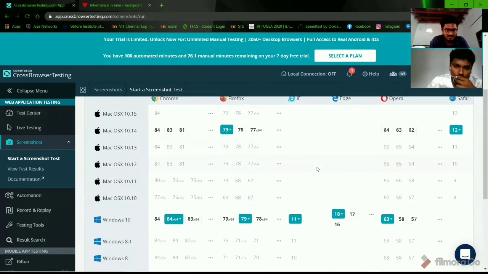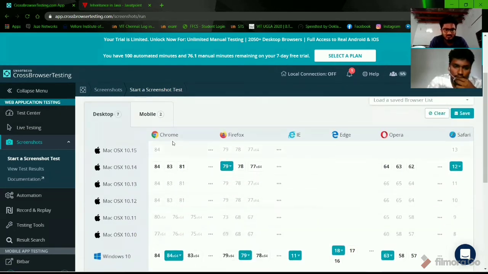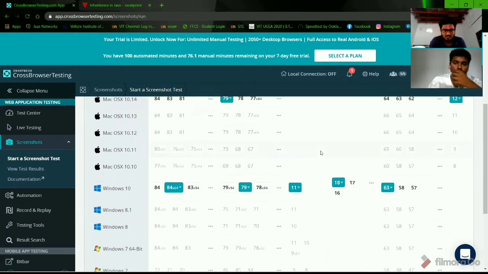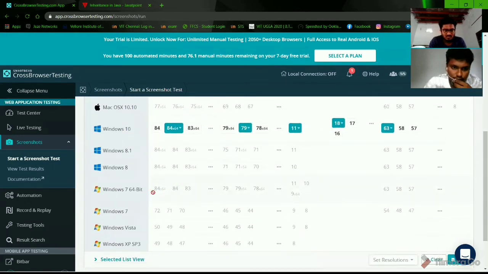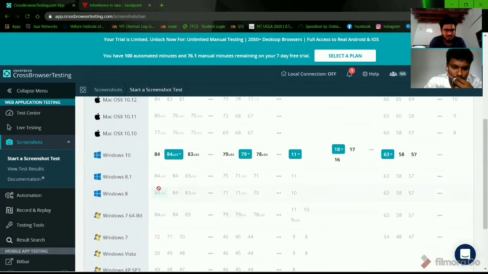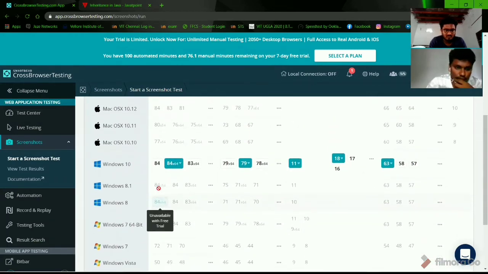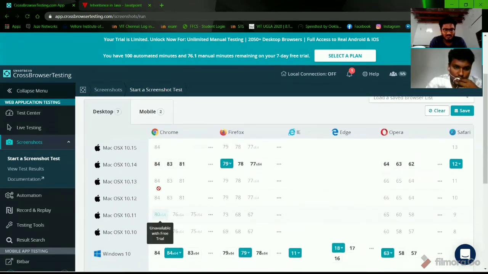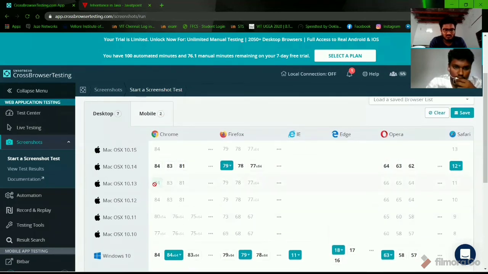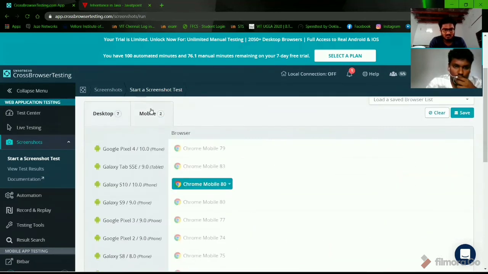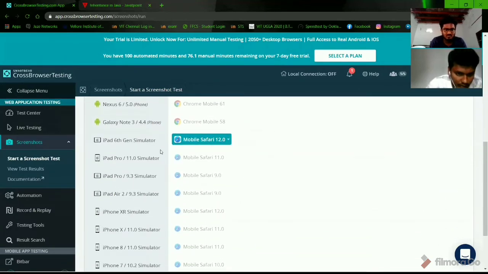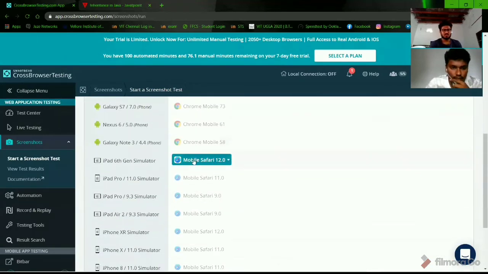I selected Windows with Chrome, Firefox, and Opera, and Microsoft Opera. You can check Windows 64-bit, Windows 7 and Windows 8 versions, and Mac with different versions also. You can check mobile also, but since it is free, only a few mobiles are available. I'm selecting Chrome.